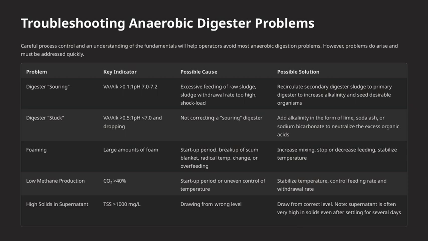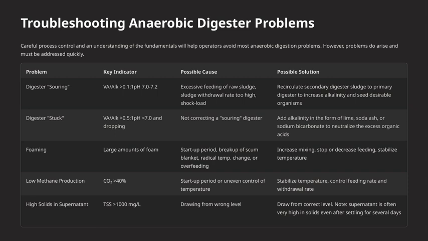balance. Foaming is also a common issue, especially during startup or when there's breakup of the scum blanket, sudden temperature changes, or overfeeding. In this case, increasing mixing, reducing or stopping feeding, and stabilizing the temperature can help control the foam. Low methane production is another challenge,